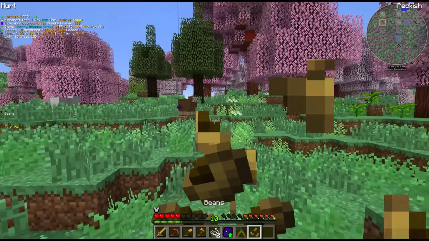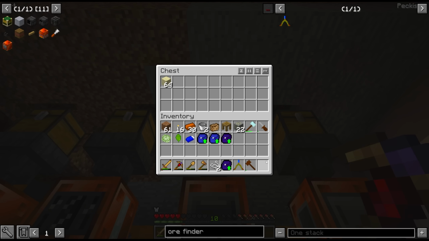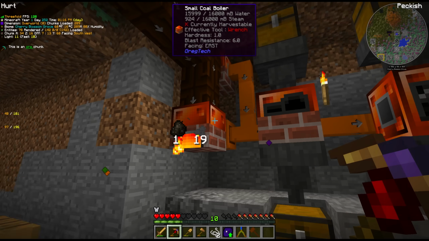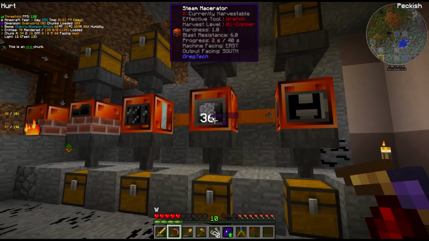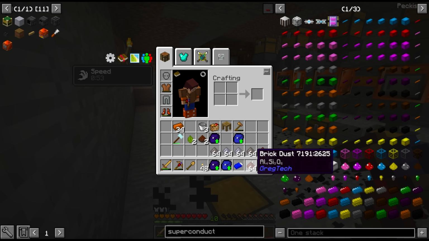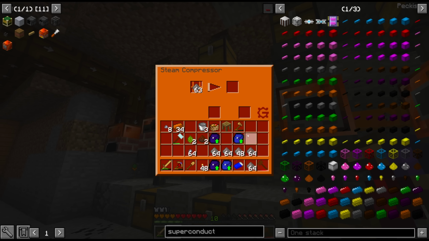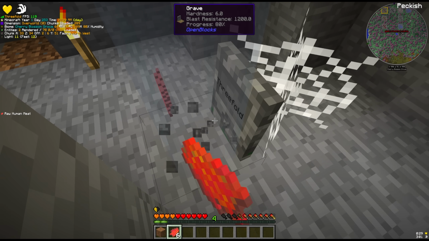So the encounter with the zombie left us not in a great position in terms of our food supply. I decided to head back to base to refill before doing any mining. I also double checked the machines to make sure everything was hunky-dory, everything was processing. And that macerator was tied up for quite a while. It had already finished the brick dust and clay dust though, which we crafted into fire clay dust. That was run through the compressor, which gives us the unfired bricks, and the bricks we can just smelt in the furnace. Unfortunately, I wasn't recording at the time, but